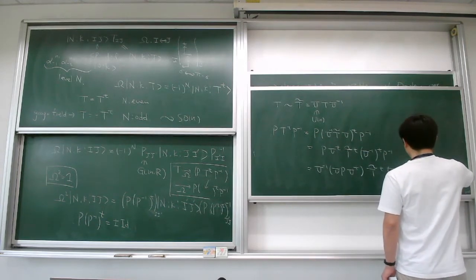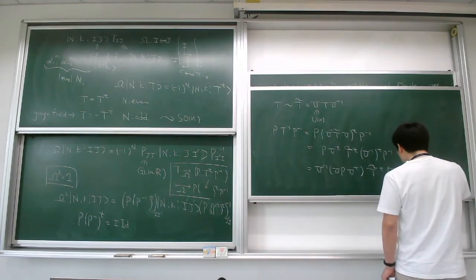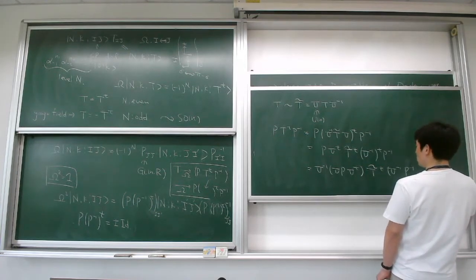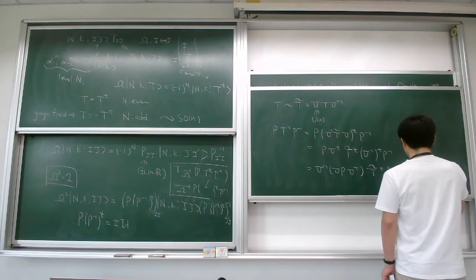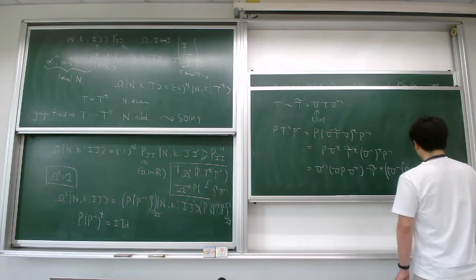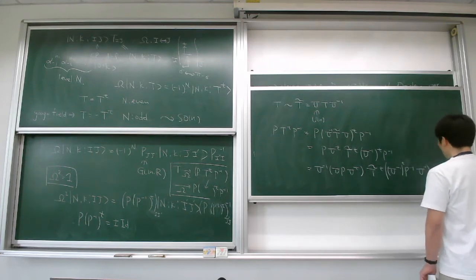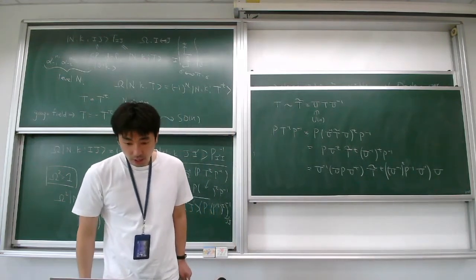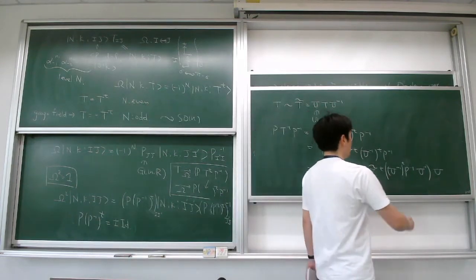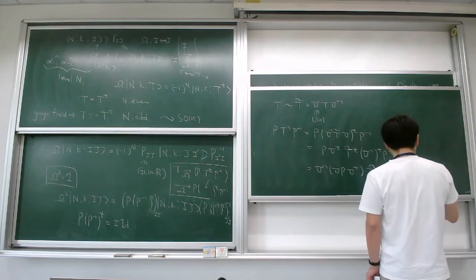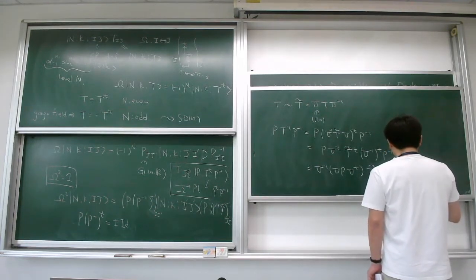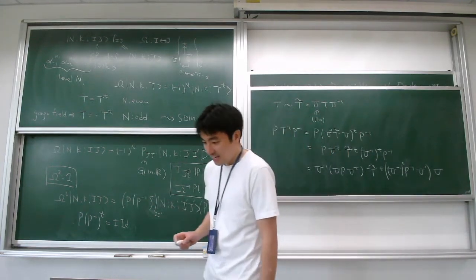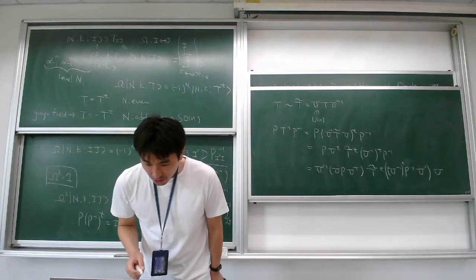I'm sorry, so I think P inverse. What am I doing? Am I doing the correct thing? Transpose P U and then U inverse. I think U inverse U. This is correct. That's the correct thing to do. And this is indeed equal to